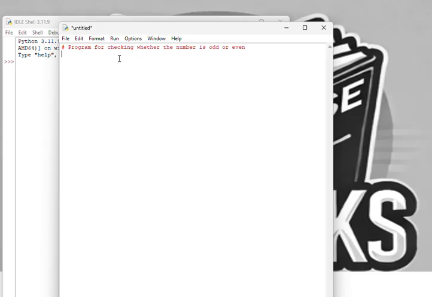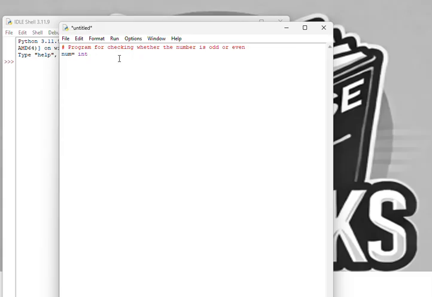After the comment, before checking, we should have that number with us. So we have to read the value of the number. So let the variable or identifier used to point to the number be num. I want to take the values of integer type. You may go with float also.